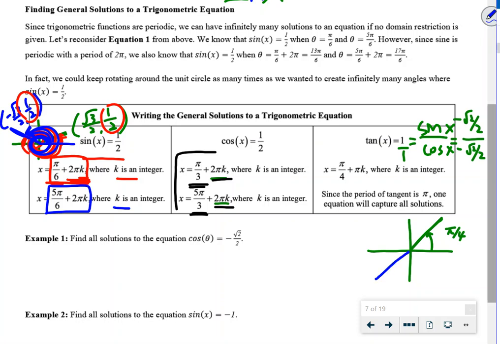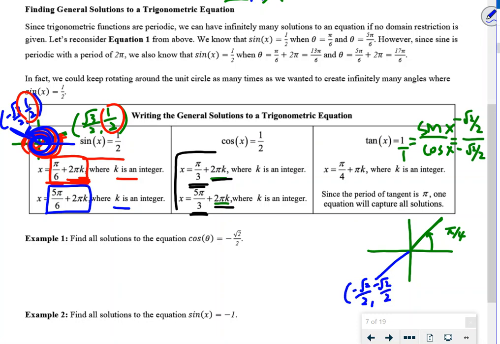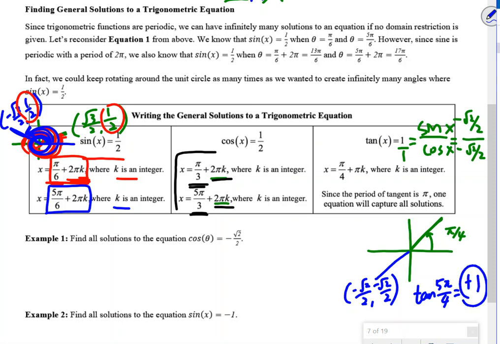Second one happens here at negative radical 2 over 2, comma, negative radical 2 over 2. So when you find sine over cosine, tangent of 5 pi over 4 gives me negative over negative, which gives me positive 1. This angle is 5 pi over 4. So when you think about putting